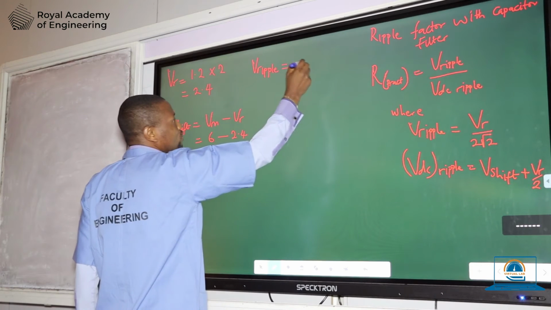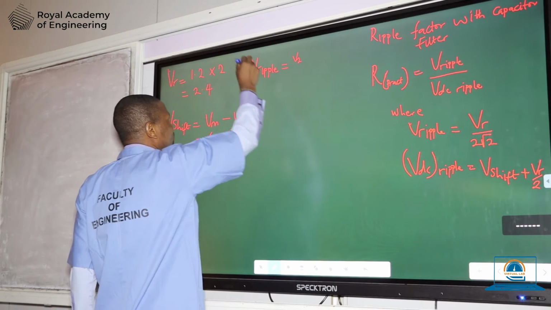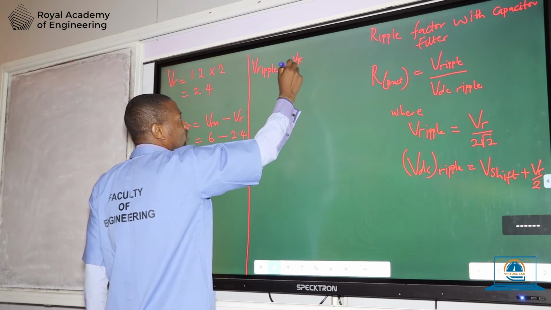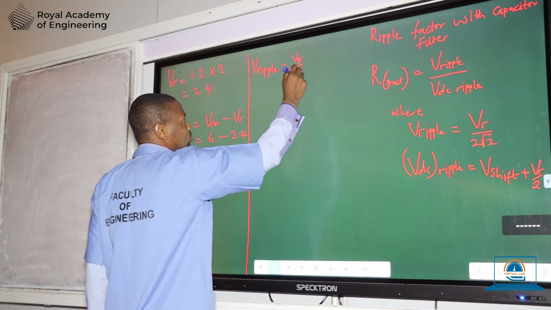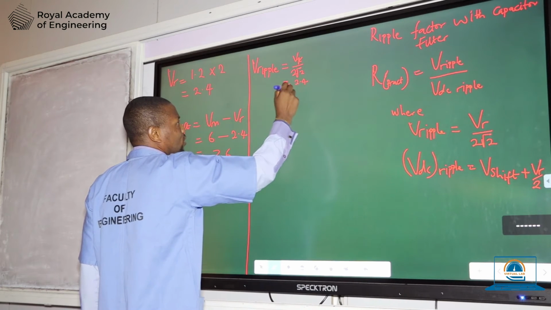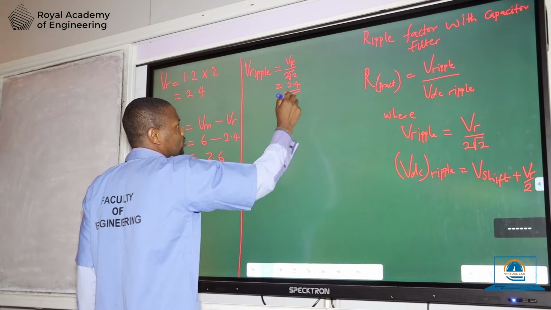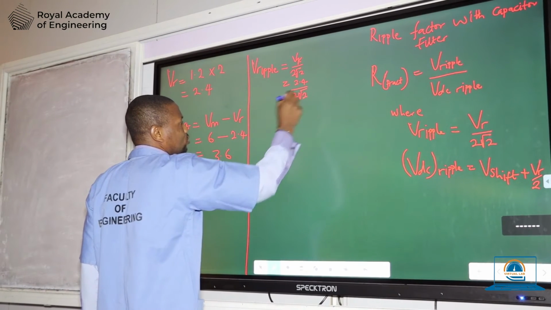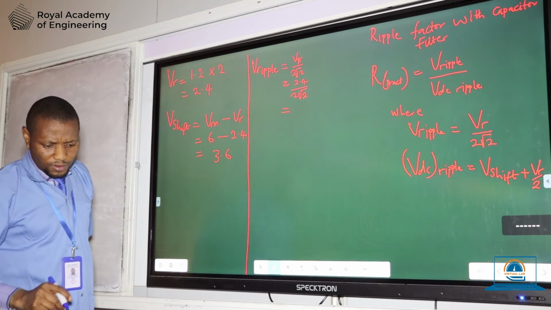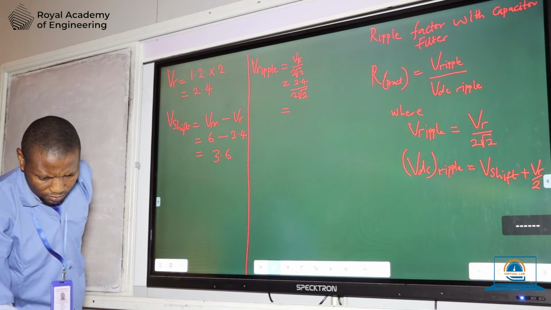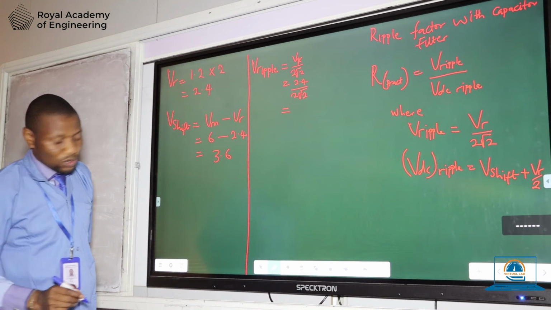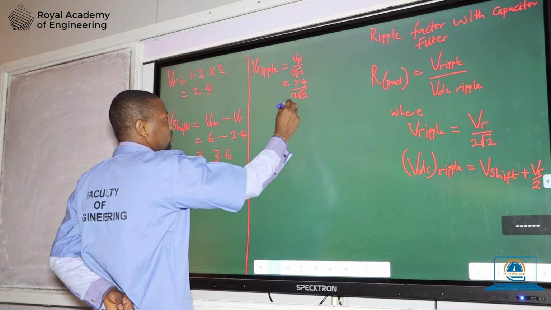V ripple is equals to VR all over 2√2, which is equal to 2.4 all over 2√2. This leaves us with 0.84,